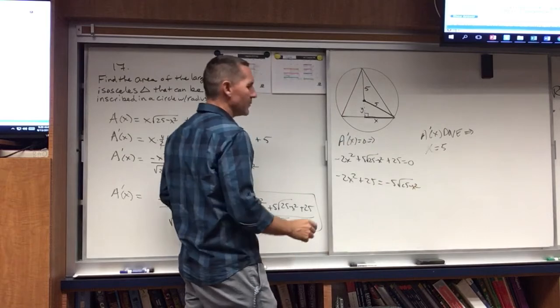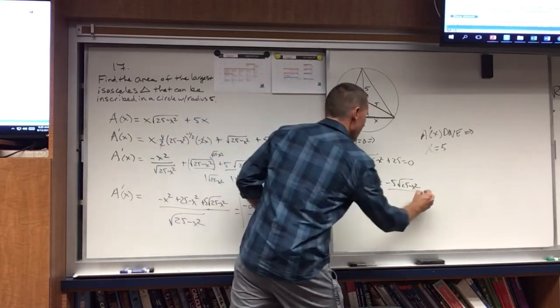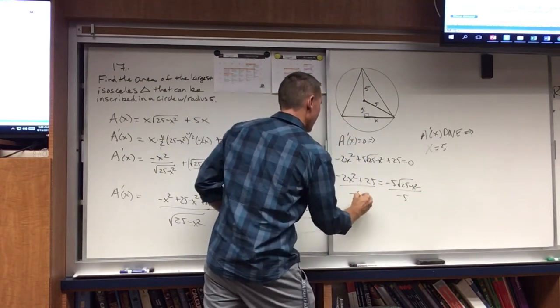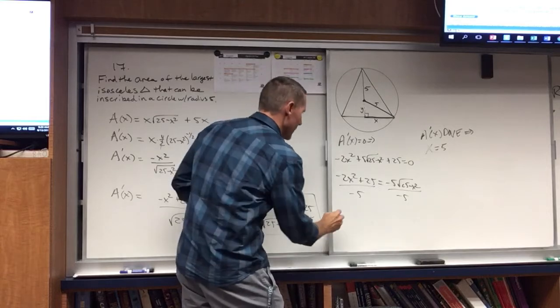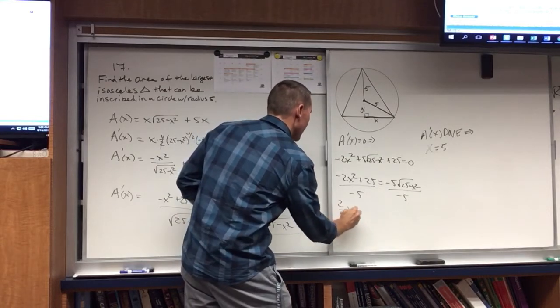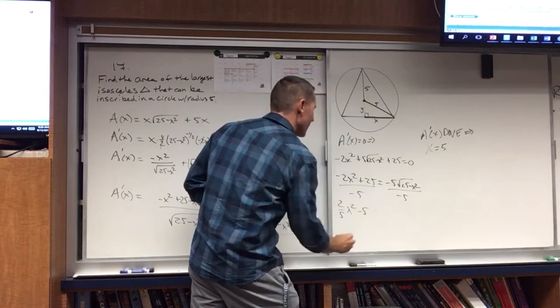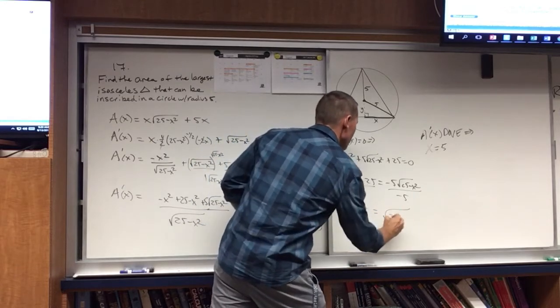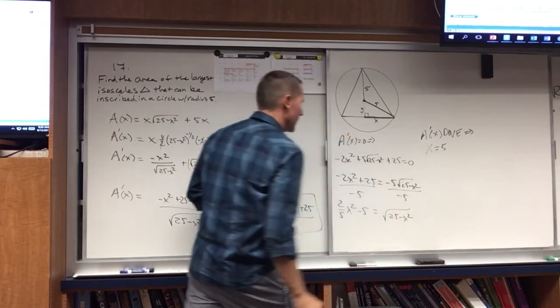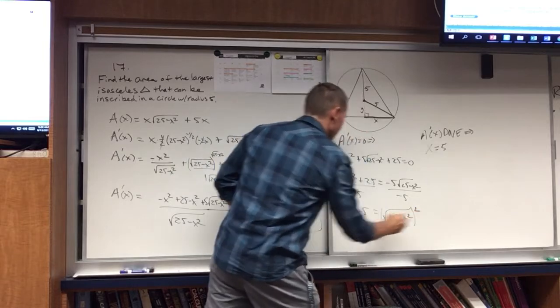Let me divide both sides by negative 5. So that's going to give me 2/5 x squared minus 5 equals root 25 minus x squared. I would square both sides